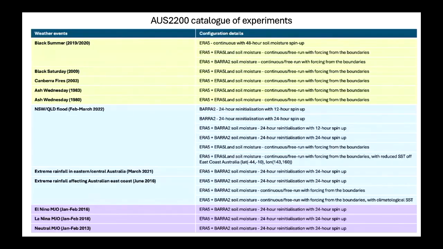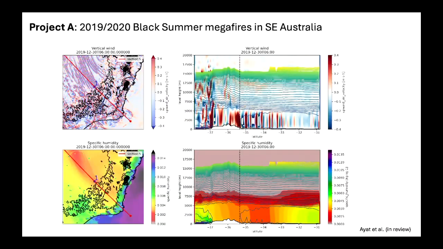We also had some months-long simulations to capture the tropical intraseasonal variability as well, and the related atmospheric processes. I won't go through them in detail here, but just to quickly show you how our center researchers have been using this model. This is a study led by our postdoc Hamid Hayek, where he used these simulations to examine the role of the atmospheric dynamics in drying the atmosphere in the boundary layer during the 2019-2020 Black Summer bushfire events in Southeast Australia.